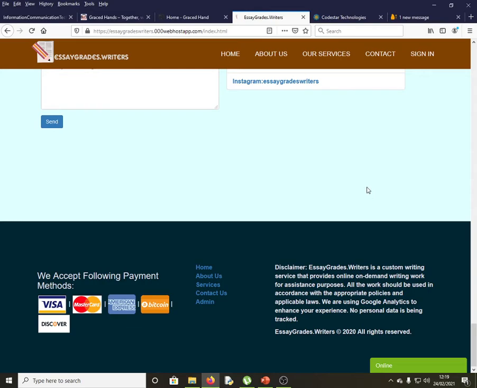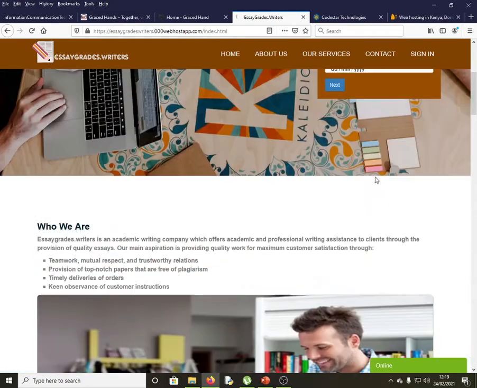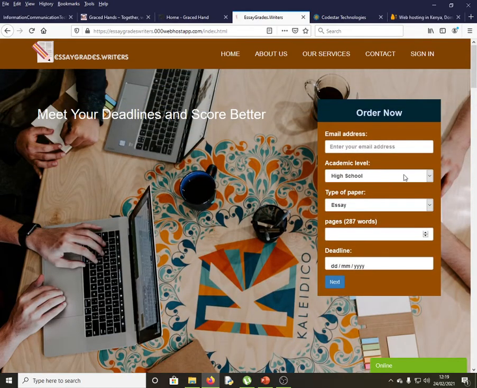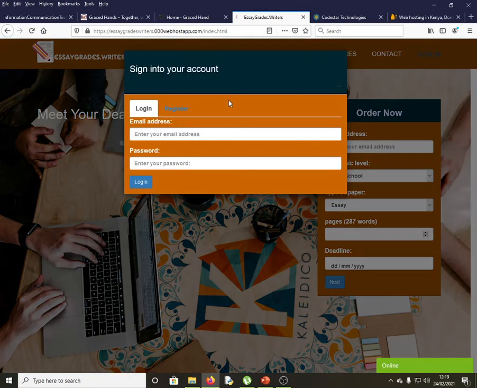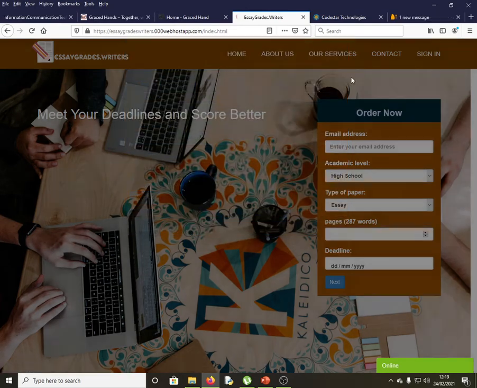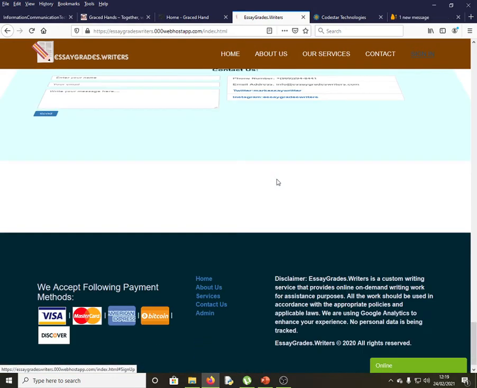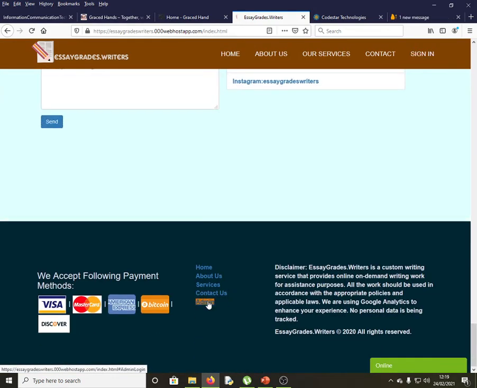I normally do this one. I've worked for these people, as you can see. Yeah, and they appreciate it. This is what they say. So this is the form, like in case a customer comes here, they can fill this form, then next and all that. They can create an account if they need. You can see how it looks. They can log into their account. At the main site, there is a link that you can use, but I happened to append the link here at